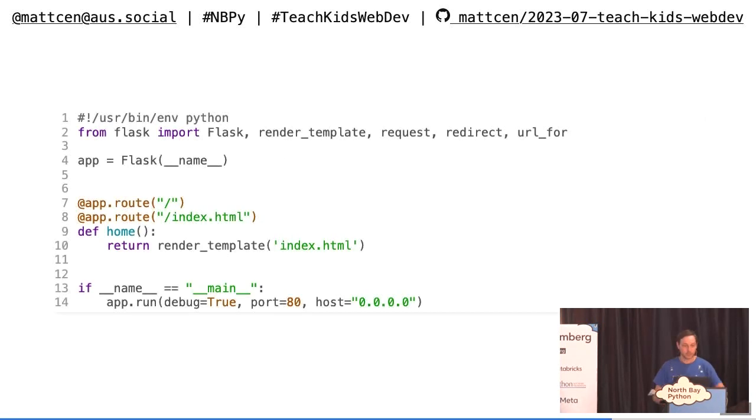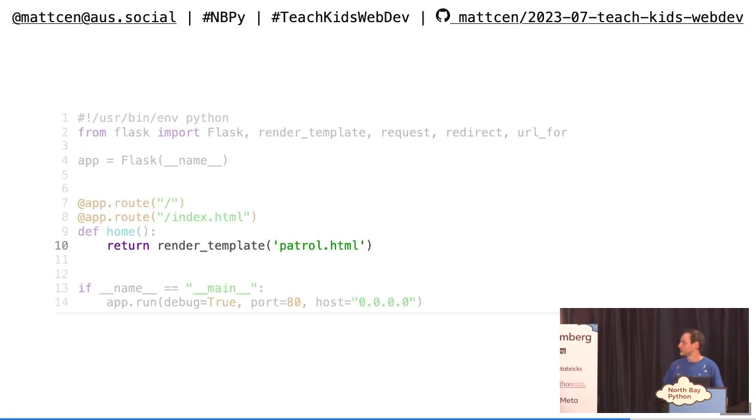Click. Okay, so basically we had them initialize a Flask app. Initially we had two routes, to go to the root of the web server and then the index.html, which was already there because we wanted that to continue to work. And we had it open on port 80, which is what traffic was expecting. After that, we got them to render a new template called patrol.html, which was where their content was going to be.